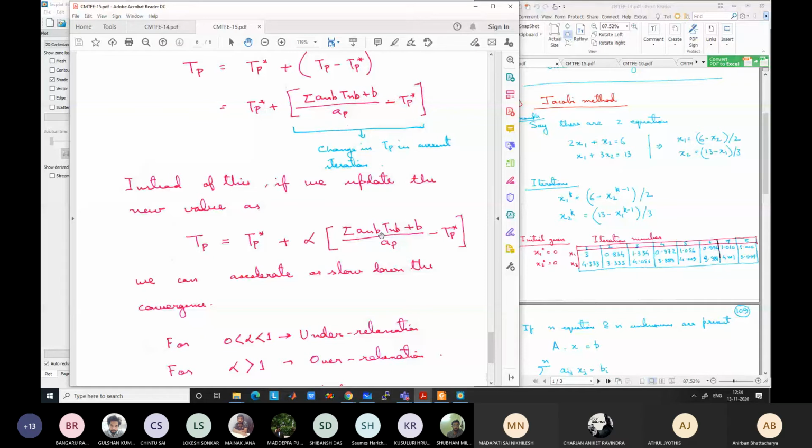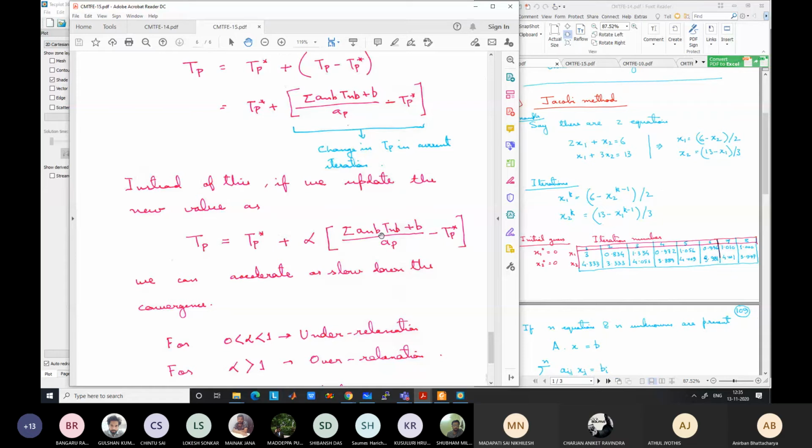So I will just repeat that problem. You have the correct solution as 1, which you don't know obviously. Your previous iteration value is 3, and in one iteration, the value is changing by 10 after calculation. So from 3, you are going in the correct direction, but by 10. So from 3, you are moving to minus 7. In that case, if you don't use a relaxation, you are going far away from the previous case.